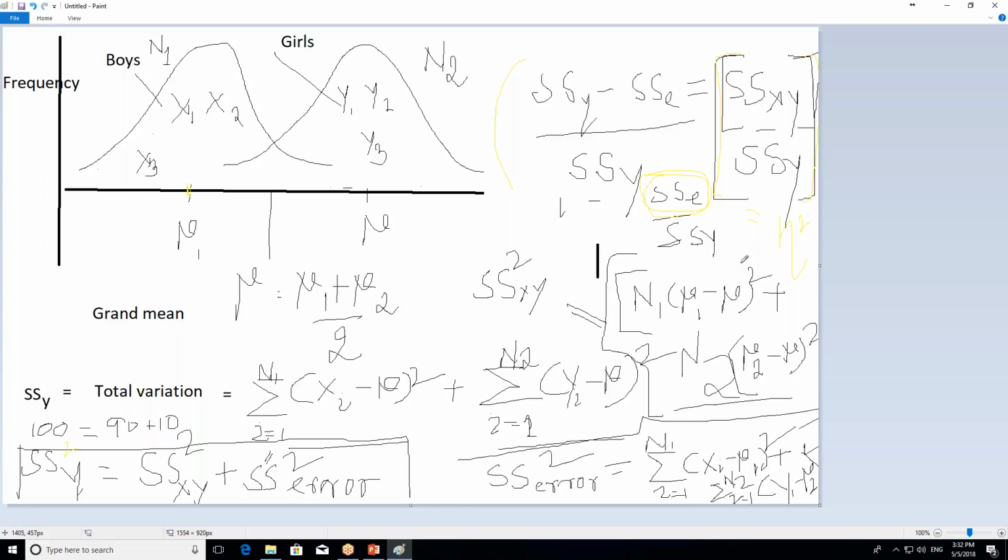Now the value ranges from 0 to 1. It will become 1 when your SSE is very small. SSE will be small when all your data points are the same as your group mean,